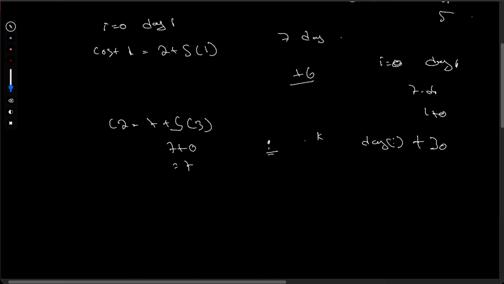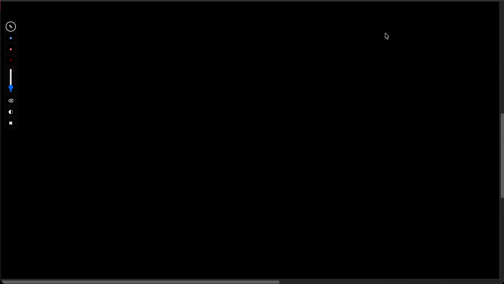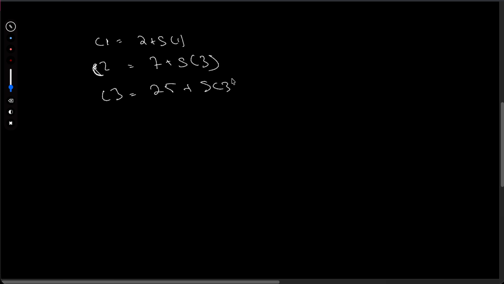See, it calculates like cost 1 is 2 plus solve of 1 and cost 2 is 7 plus solve of 3 and cost 3 is 25 plus solve of 3, then solve of 1 is calculated similarly, so the final answer is 6. Okay,